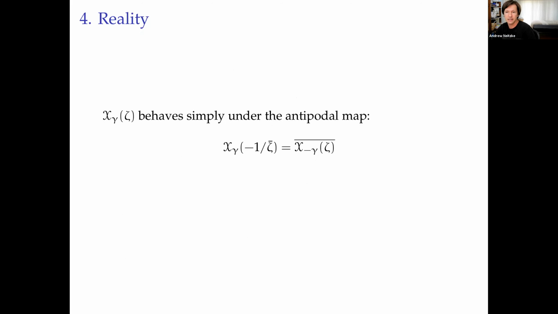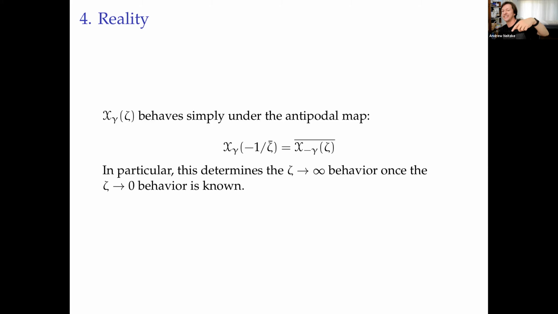Okay. Then there's another condition, which is that when you make the antipodal transformation, zeta goes to -1 over zeta bar, these coordinates behave in a simple way. Roughly x goes to x bar. And that's just inherited from the fact that the twistor space itself has that property that when you make the antipodal map, it just corresponds to reversing the complex structure, and also taking the holomorphic symplectic form to its complex conjugate. So everything should have a simple transformation, and it does. And so in particular, I don't have to tell you the asymptotics at infinity. The asymptotics at infinity are the same as the asymptotics at zero.